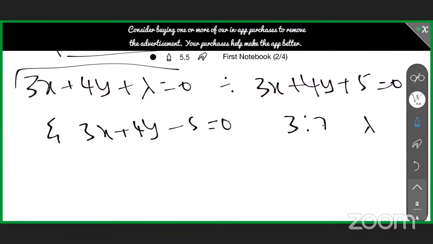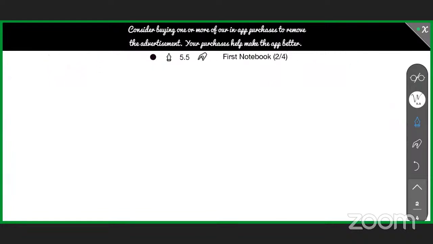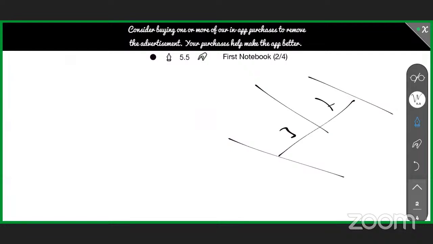This line is dividing this line and this line in the ratio 3:7. So we know that the distance between the lines is divided. Let us say this is one line and this is one line. The distance between them is divided by this line in the ratio 3:7. So we are supposed to